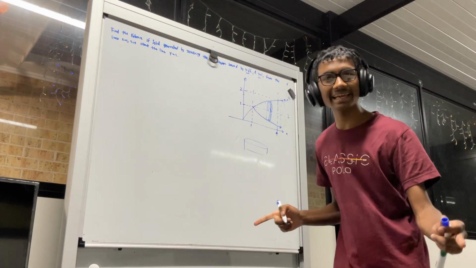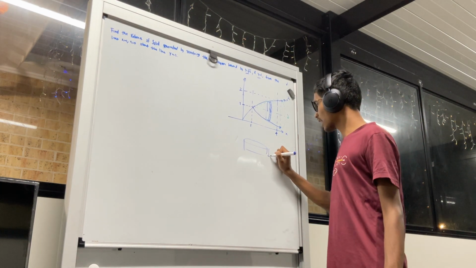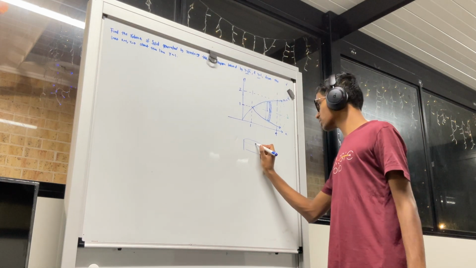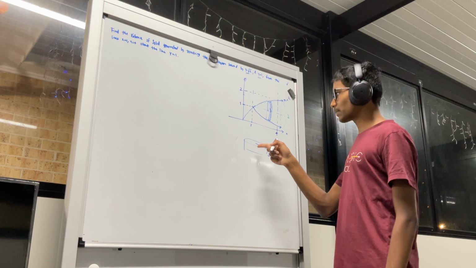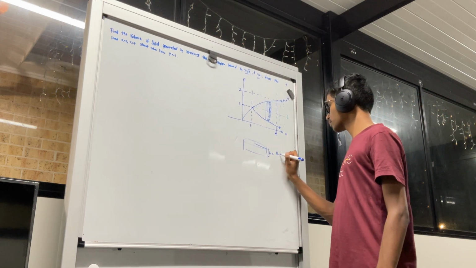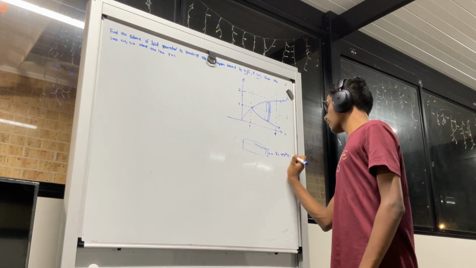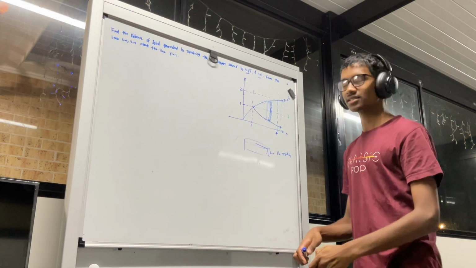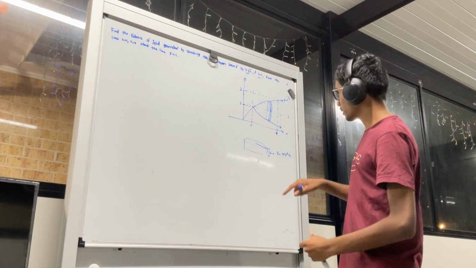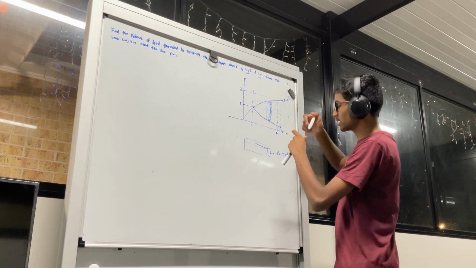The volume of any cylinder is just its height times the cross-sectional area, and that is pi r squared because that's a circle. So pi r squared. And in our case, we want to find out the radius. What is the radius? Then the radius is going to be, take this entire